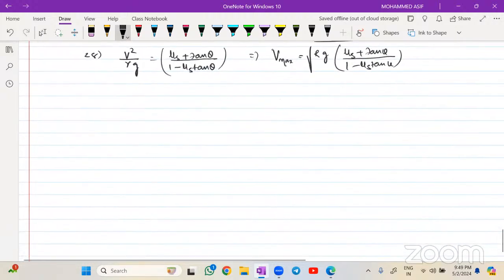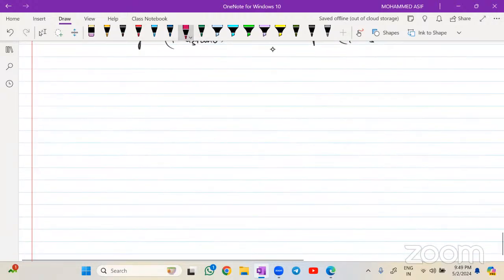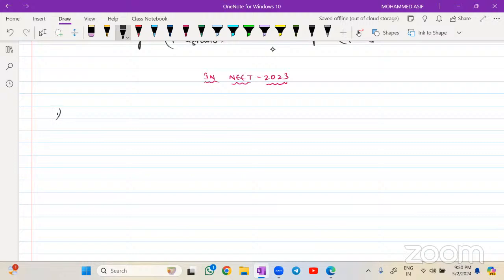Sure. See beta, in NEET 2023, last year, फॉर्मूला बेस पे कितने क्वेश्चंस आए मैं आपको बता देता हूं. पहले, one of the very famous formulas is at